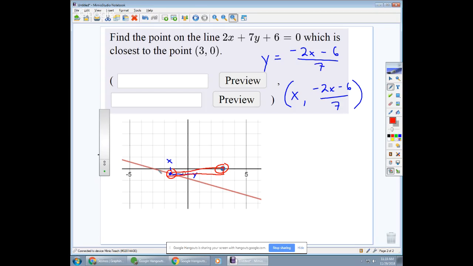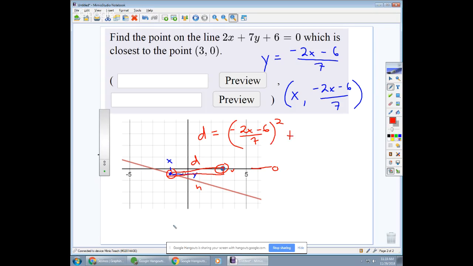And then the distance between any 2 points is governed by the Pythagorean Theorem, right? This distance right here. If I know this vertical part here, and I know this horizontal part right there, then I can find that distance. So according to the Pythagorean Theorem, that distance is equal to the square of the distance between the y values. Well, this y value is 0, and this y value is right up there, so I want this minus 0. That's going to give me negative 2x minus 6 over 7, squared,